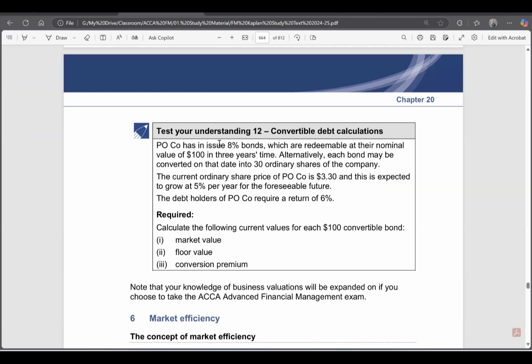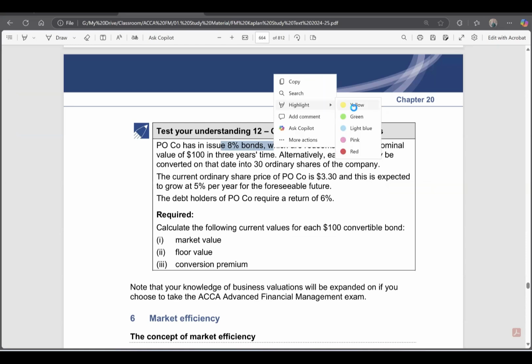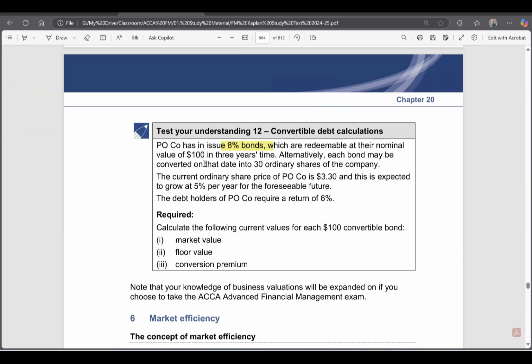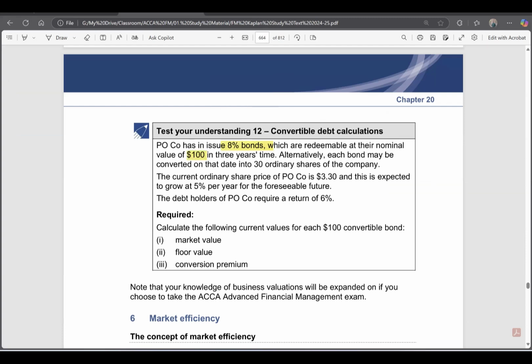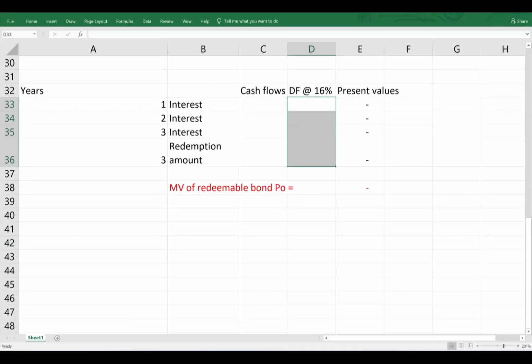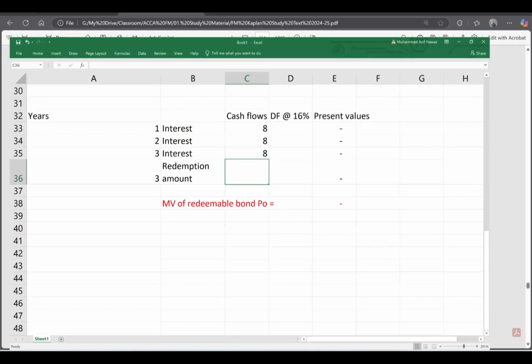So what is the coupon payment? 8%. The 8% should definitely be on the par value. The coupon is always on par value, which is 100. It's mentioned, but even if it was not mentioned, we assume that it is 100. So $8 of coupon you receive every year: 8, 8, 8. And then after that,